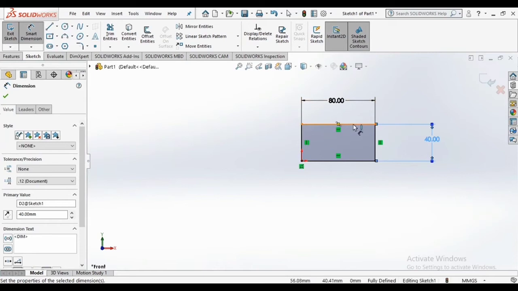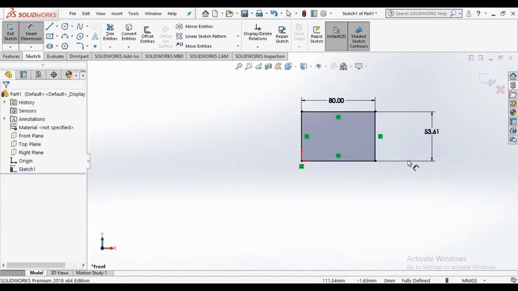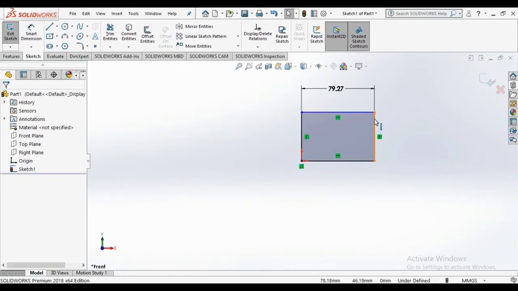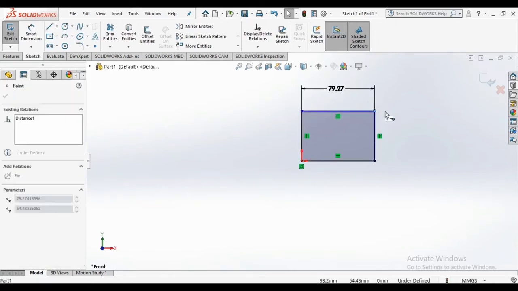So when the line becomes black, let me show you. I'm pressing Ctrl Z. Okay, so as this line is blue, it's not fully defined, but these lines are fully defined.